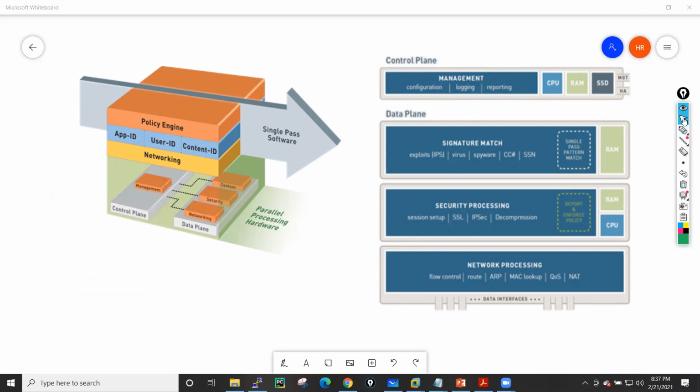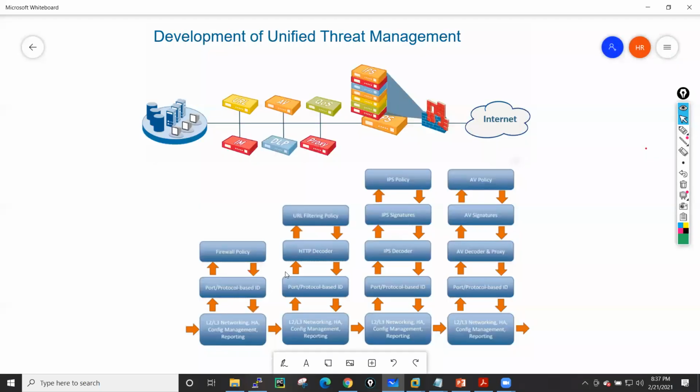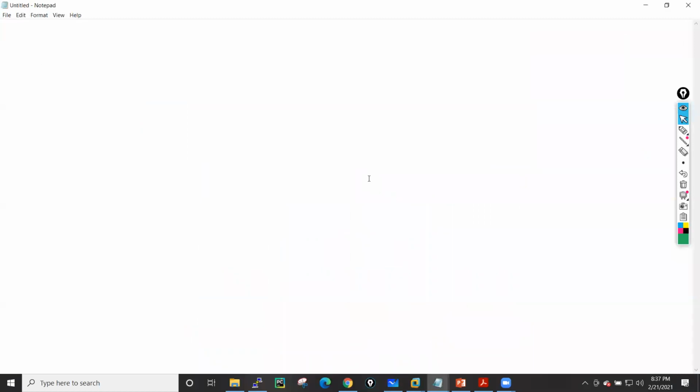Now let me show you what the multi-pass architecture is, and how other firewalls basically handle traffic. First of all, let me show you a legacy design. Let's suppose you have this kind of architecture where you have a firewall, a Cisco ASA firewall.